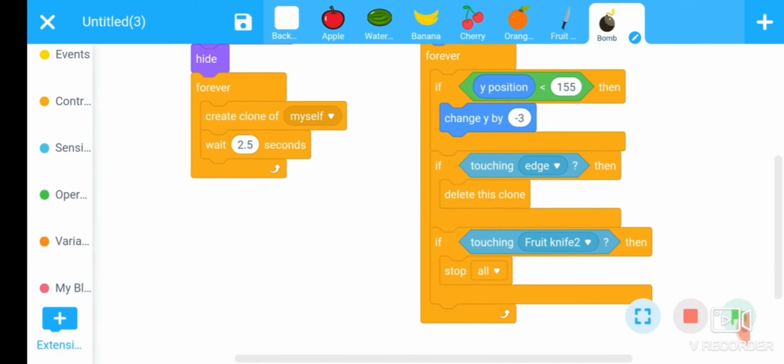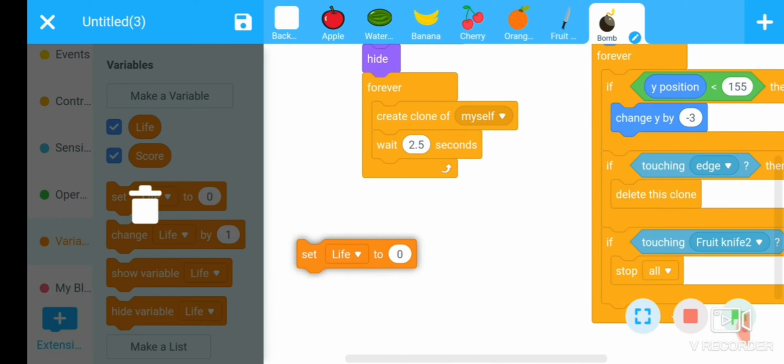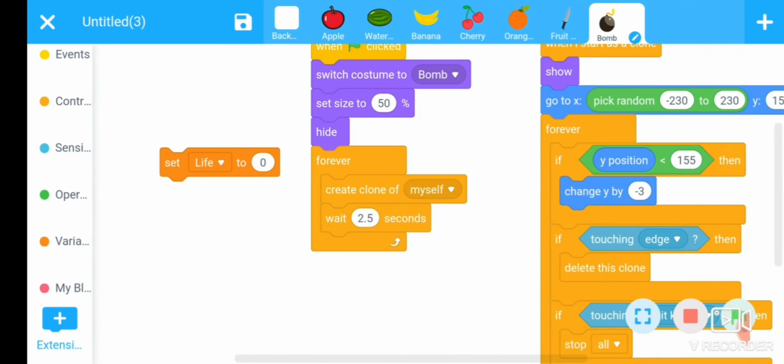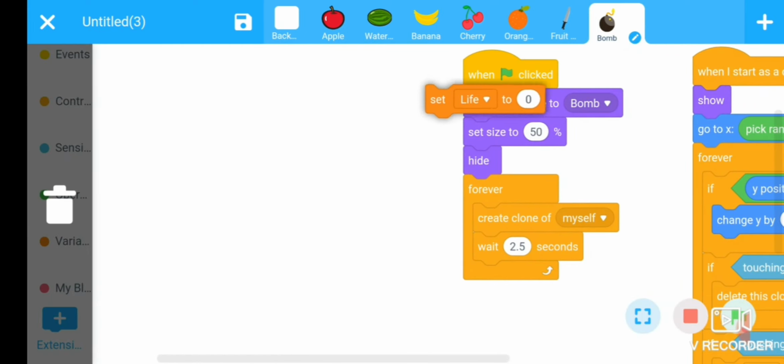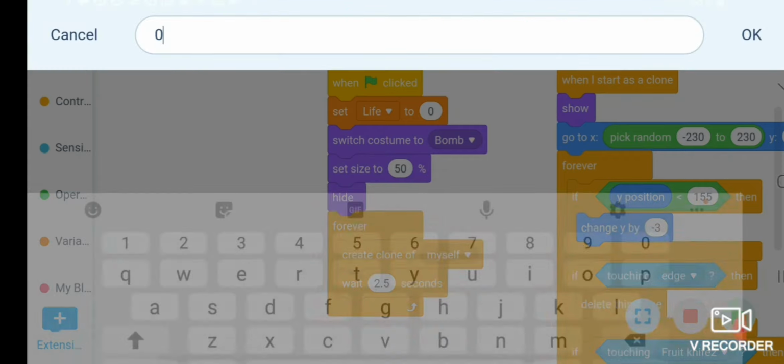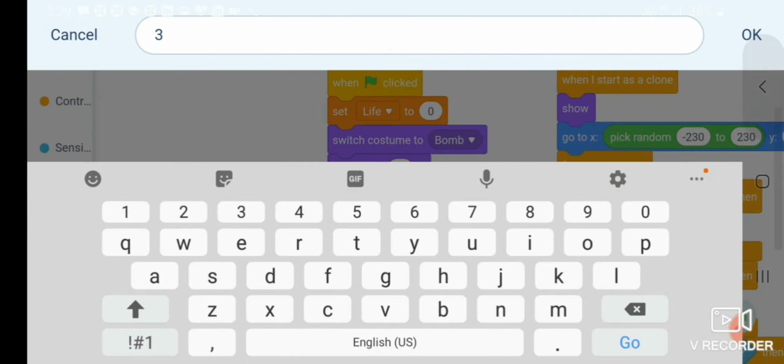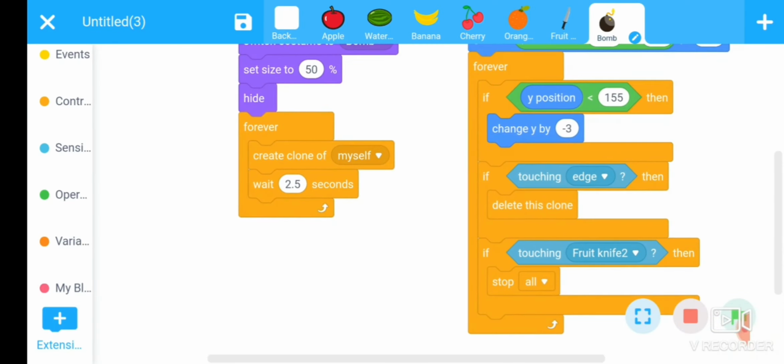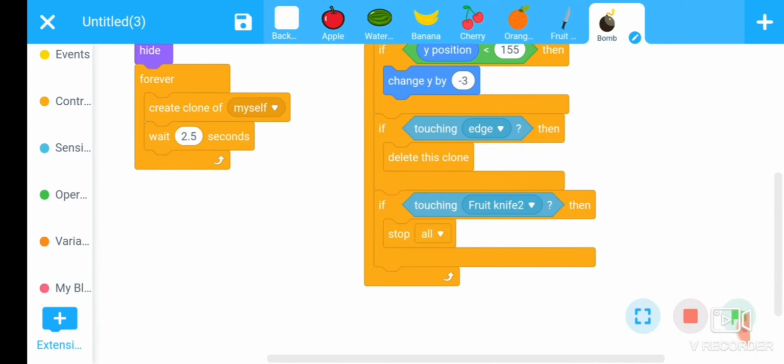Put initial value of life variable as 3. Put here life variable, set it to 3, and give a condition that whenever knife touches bomb, our life should be reduced by 1.